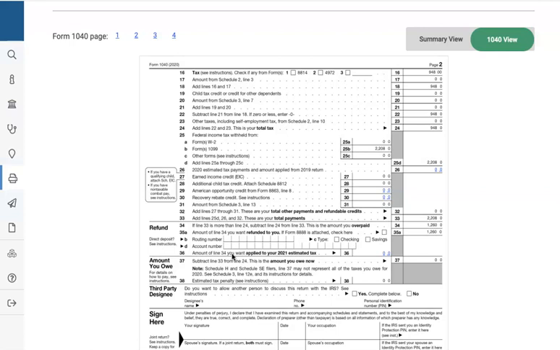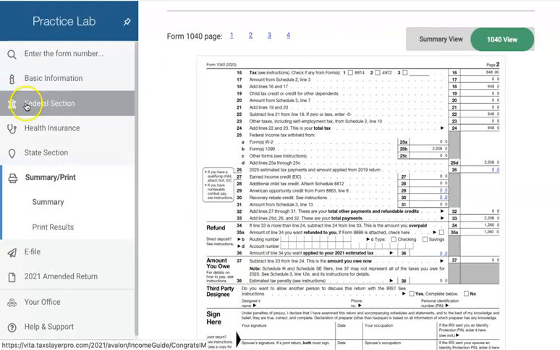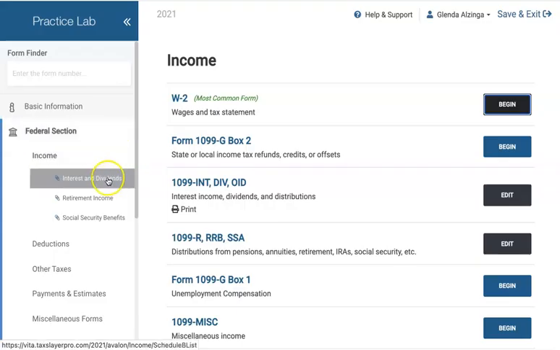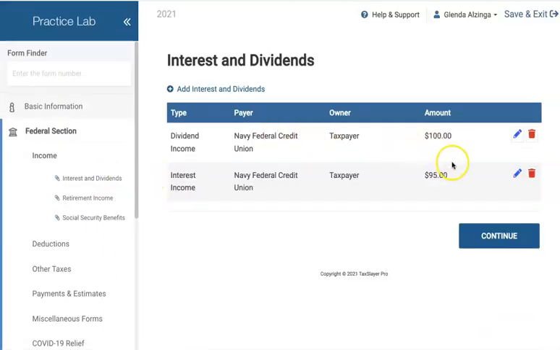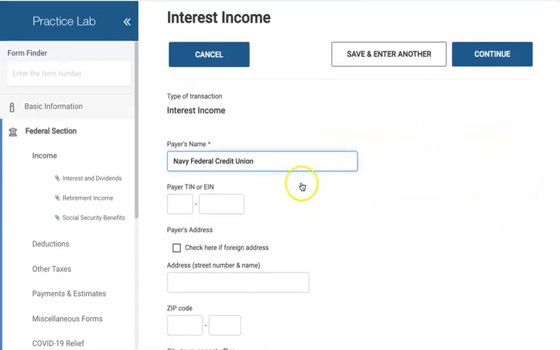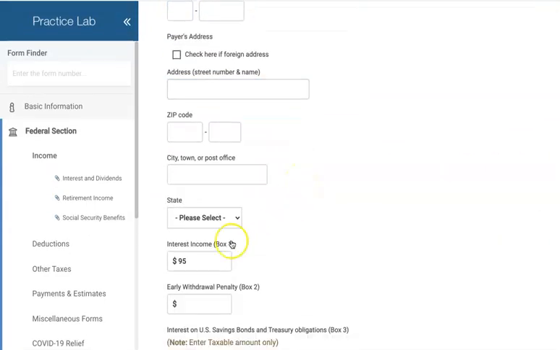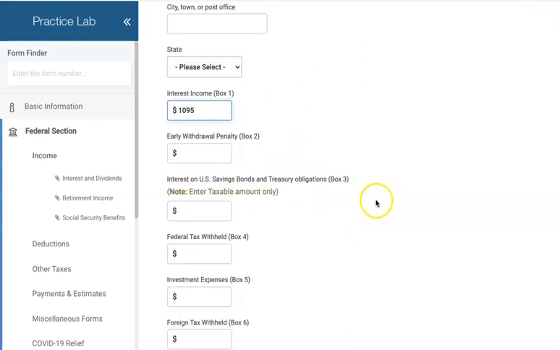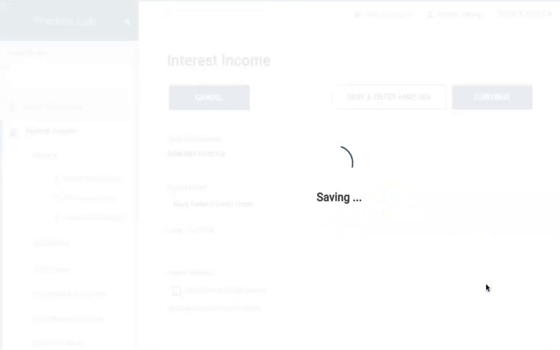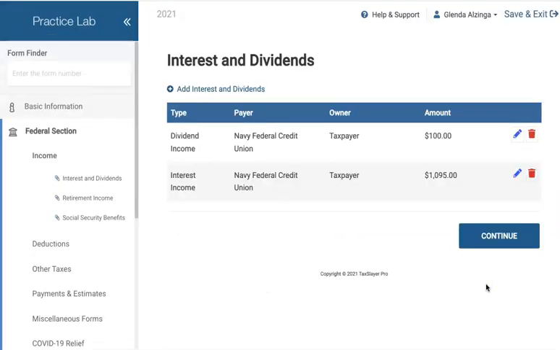Okay. So let's go back to the menu here, Federal Section. And the easiest way to add $1,000 is just go into Interest and Dividends and change this. So we'll edit that. And let's go down to the interest thing, and instead of $95, it's going to be $1,095. Scroll down to Continue to Save. And now